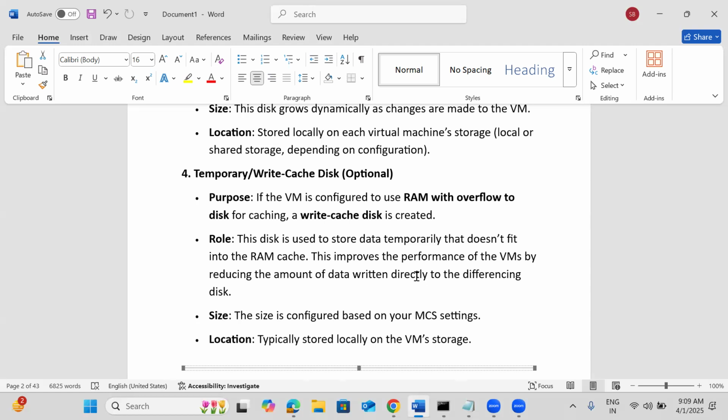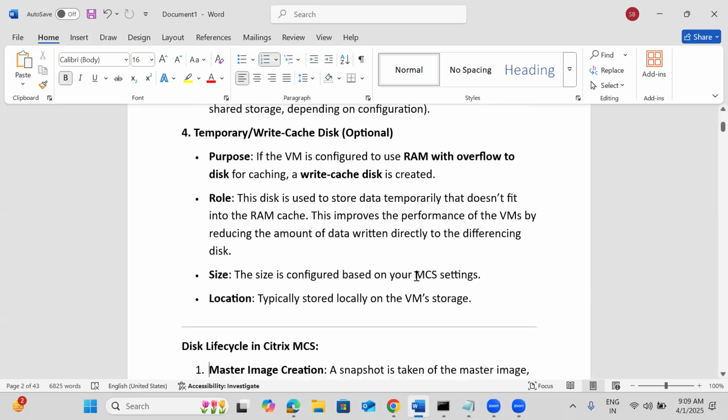Okay, to use RAM with overflow to disk, this is better to optimize the resources also. So directly, instead of writing to the differential disk, we may use the cache also. Previously, only for PBS we used to tell this was one of the advantages of the cache, and we can enable it, but in the newer versions of 7.x,